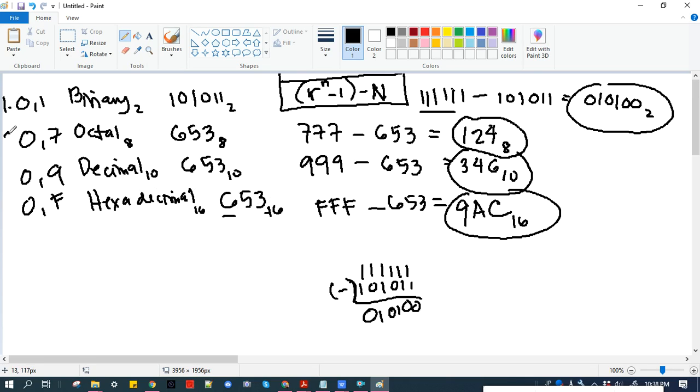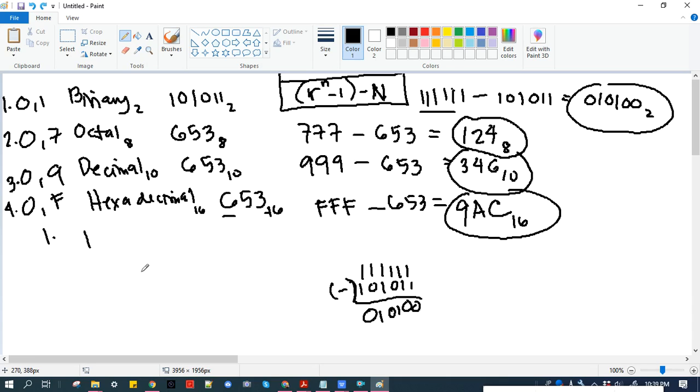Let's write 1, 2, 3, 4. For number 1, the radix complement of 101011 base 2, that would be